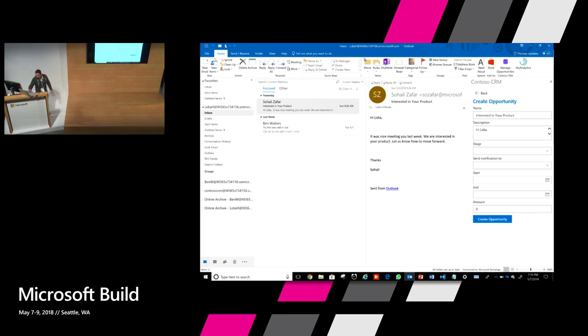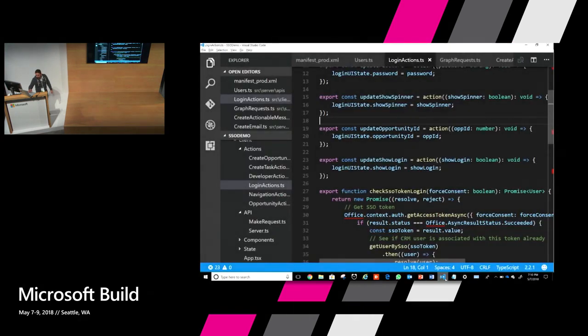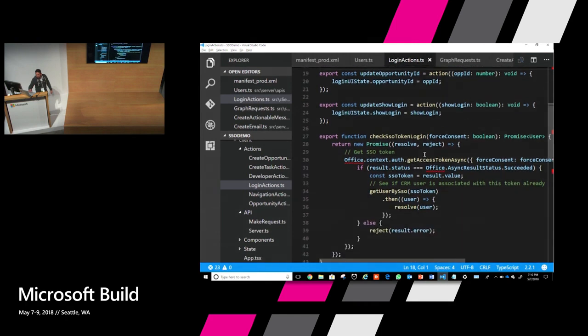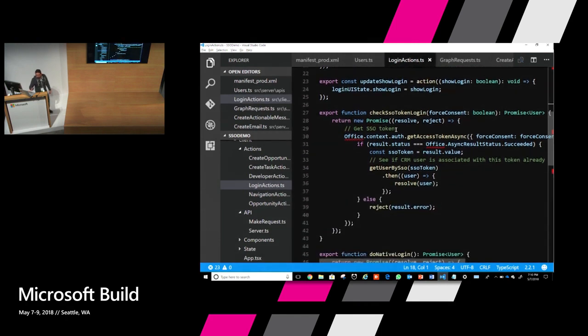And here's the code that's running this, under login actions. Basically, the code that ran was the check SSO token login. If I get a valid token, look up this SSO token in my database, and if I find Lydia, just let Lydia log in.